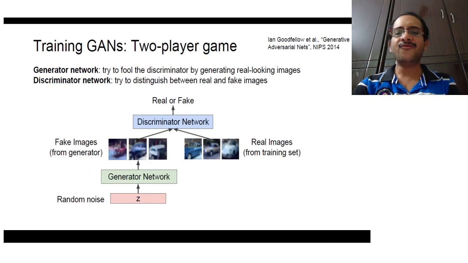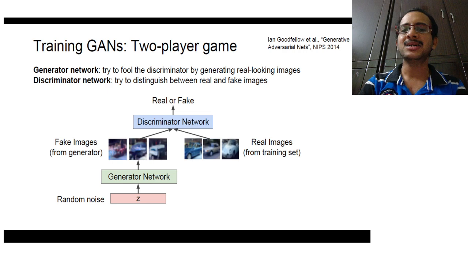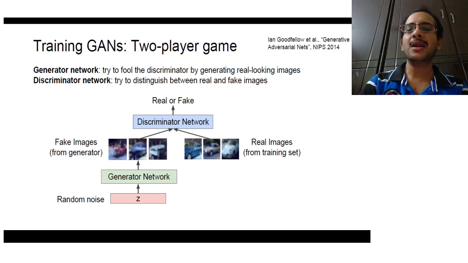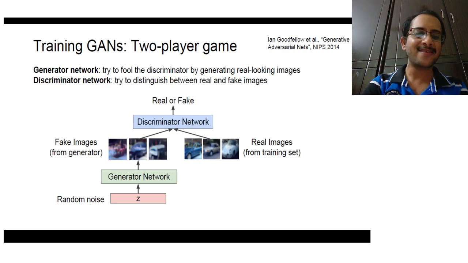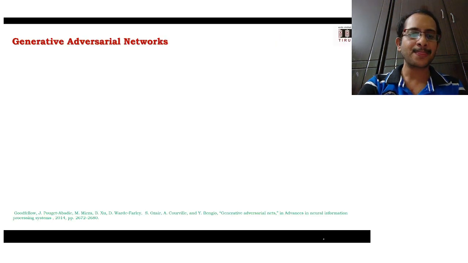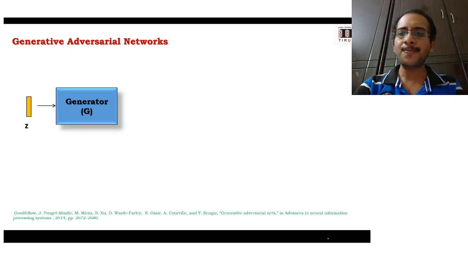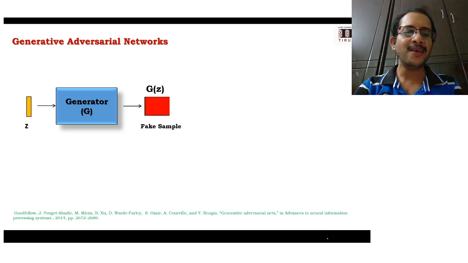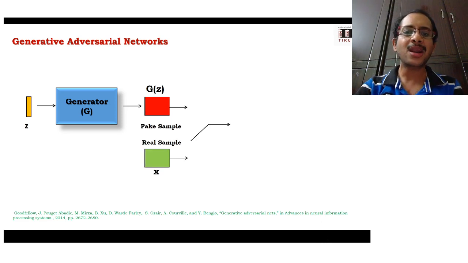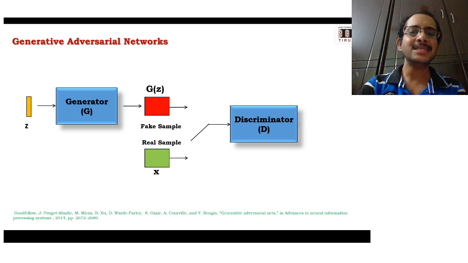So the question is, if this generator network generates some fake samples, how can another network, a discriminator, which looks at the ground truth, tell whether they are fake or not? Rather, the discriminator network will look at these real samples and needs to say that they are fake. So the idea is the generator network takes some raw or noisy input and generates some fake samples, and these samples are shown to the discriminator, and the discriminator also sees the real sample and says that it is a fake sample.